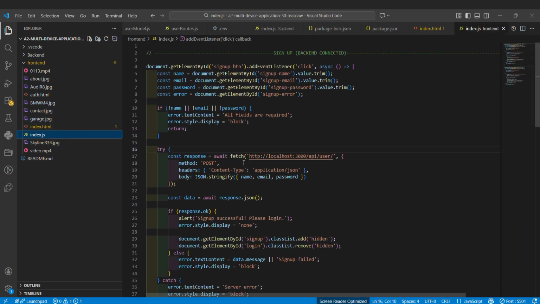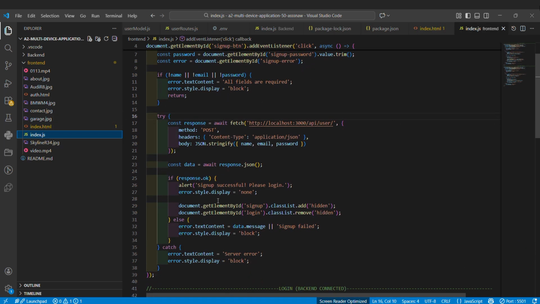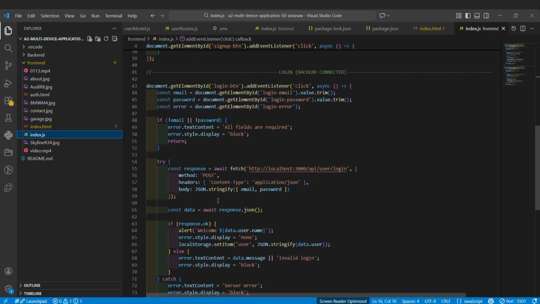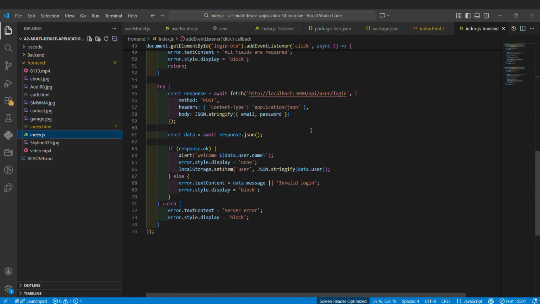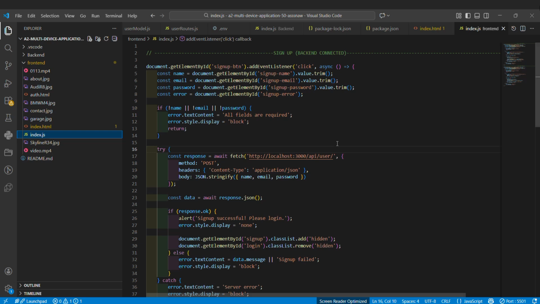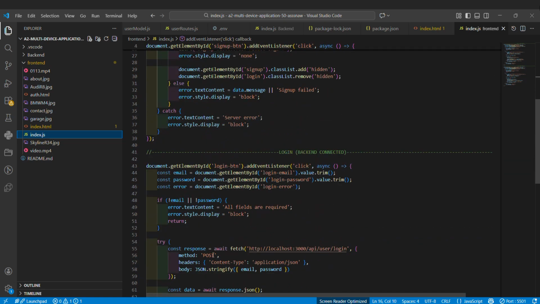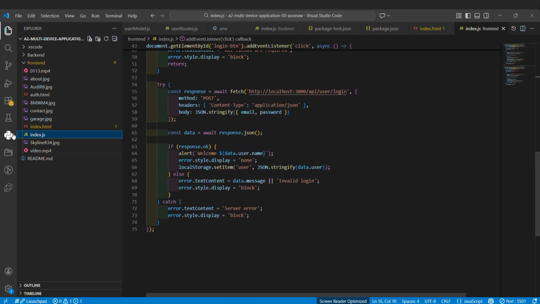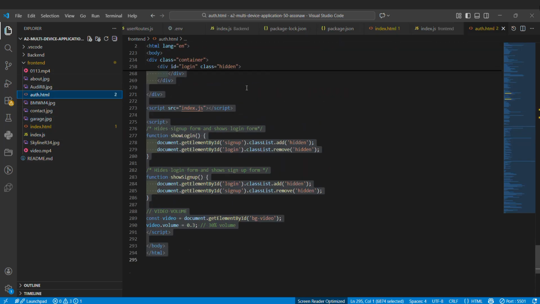So this is the sign up backend connection, this whole code. And then coming down, this is the backend login. This is the sign up backend connection, and this is the login backend connection. And then coming here, this is my sign up